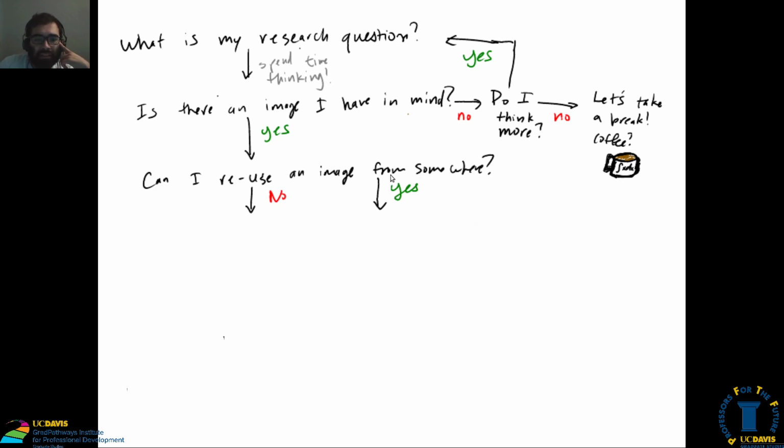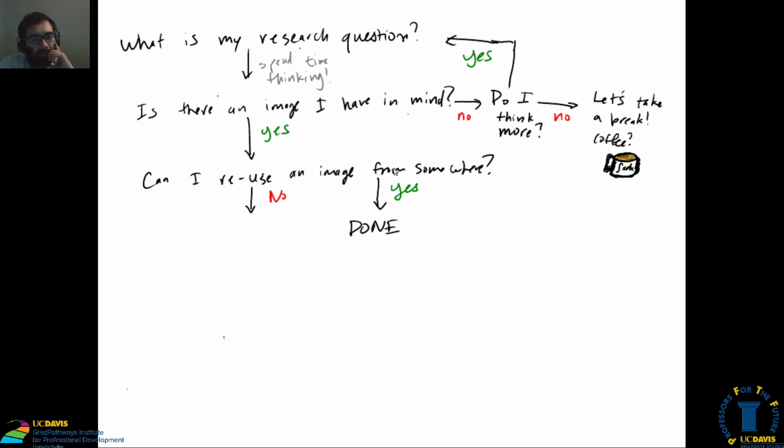And fantastic. If we can reuse an image from somewhere, we're done. That's it. It's over. We don't have to move on and try to make things very challenging. We can just think of a research question. Do we have any research question in mind, and can we reuse it? And we're finished. And that process, the further you get into your research, the more that you will use this